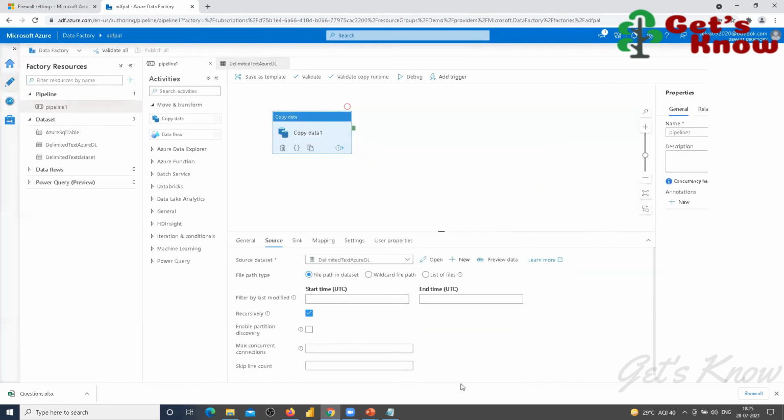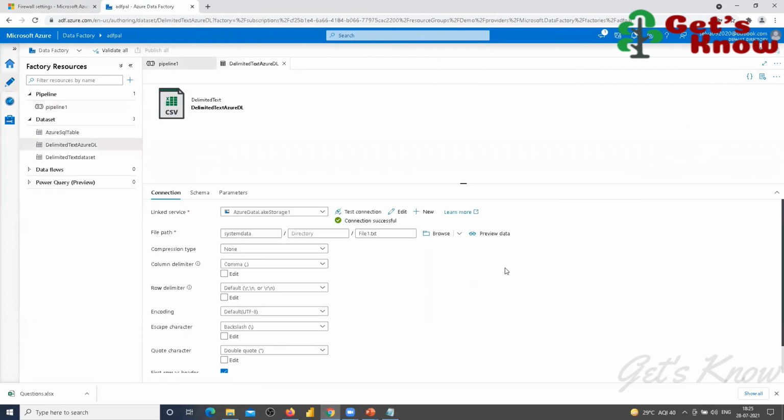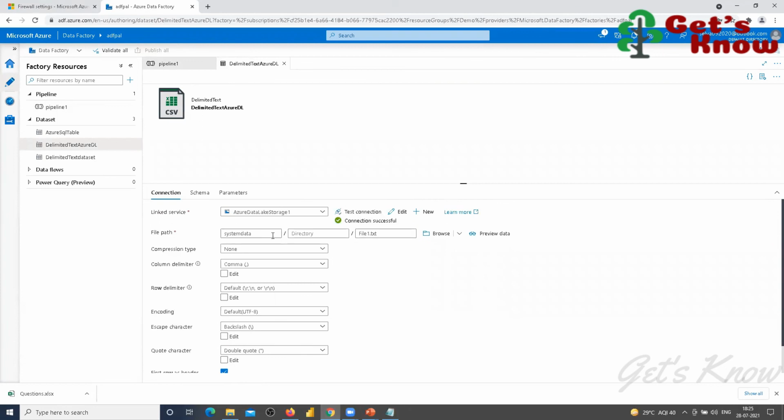So what do we have to do? Open it and test the connection. Azure Data Lake Storage, it's working fine. And coming to the sink, open it and the database.